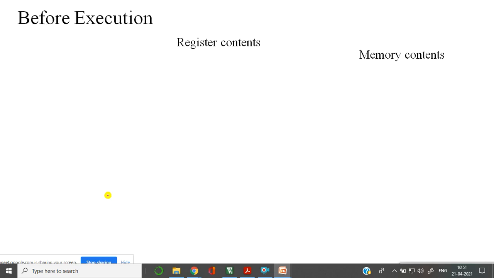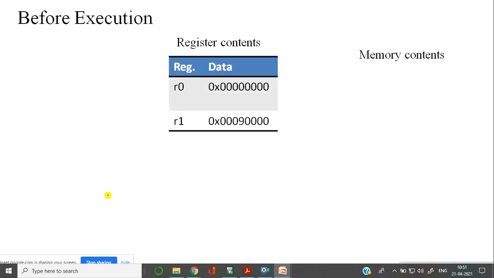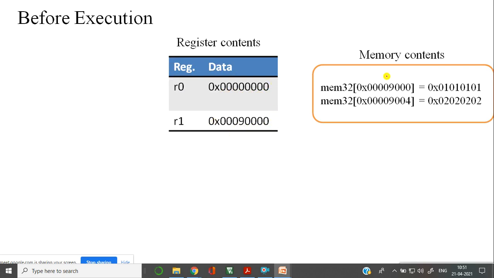Now before execution, assume that the register content in R0 is 0, and R1 will be having some data. Now assume the memory content: 9000, which I have declared as a memory location, consists of the data 0101 0101. Similarly, the next address location, 9004, consists of the other data 0202 0202.